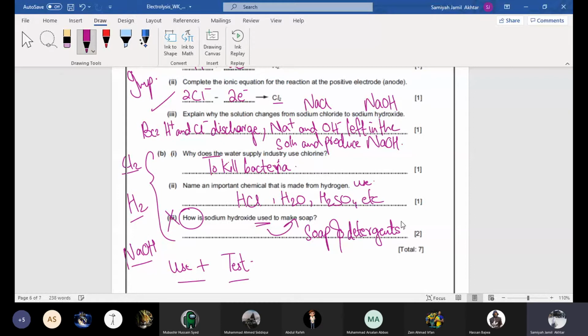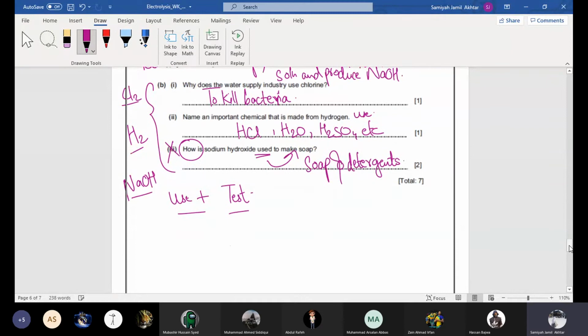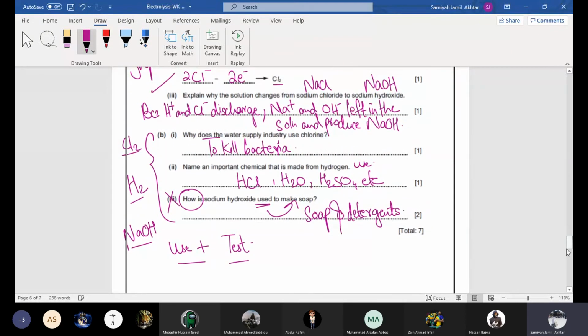And sodium actually takes the place of hydrogen in the oils. When we take flakes or beads of sodium hydroxide, then add them to a liquid, it forms a soapy solution, and then the solution is mixed with oils and fats. Yeah, good. But right now it's not included in the course, so that's why this question is excluded.